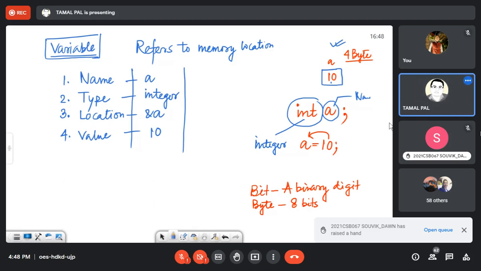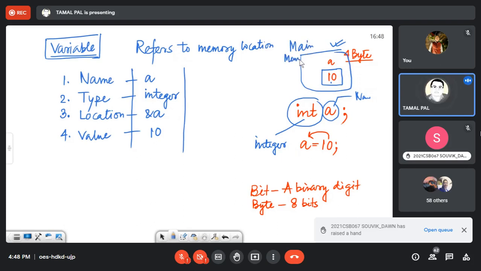So you are asking where the value of A is stored? That is inside memory. You are allocating a variable inside main memory, or RAM.